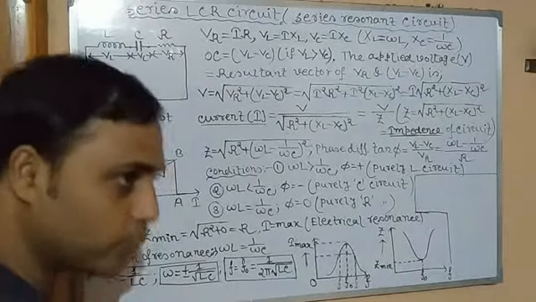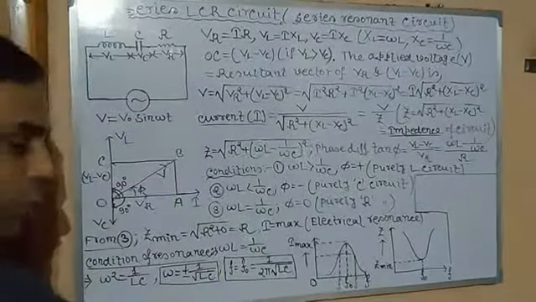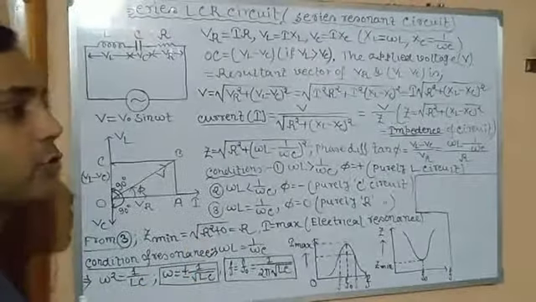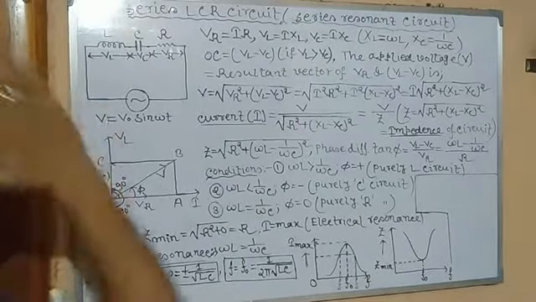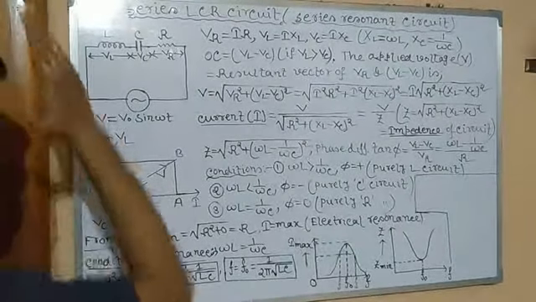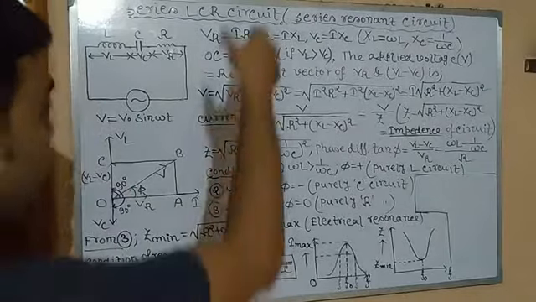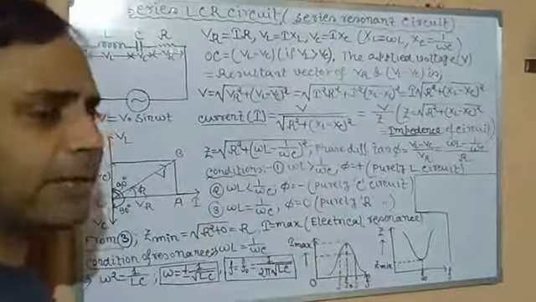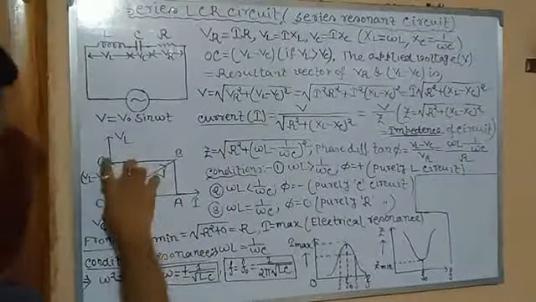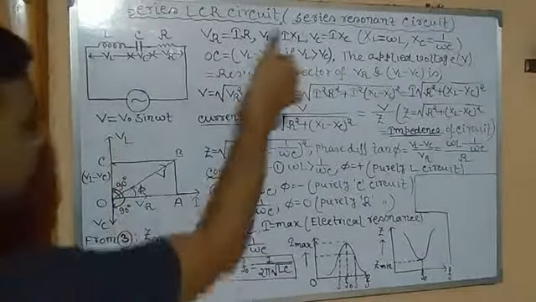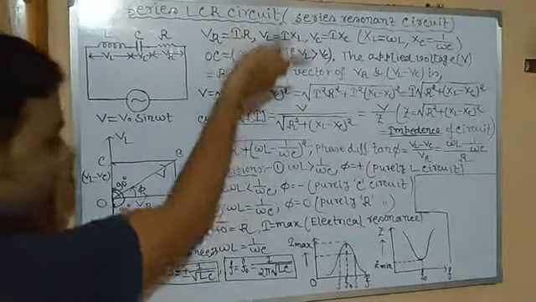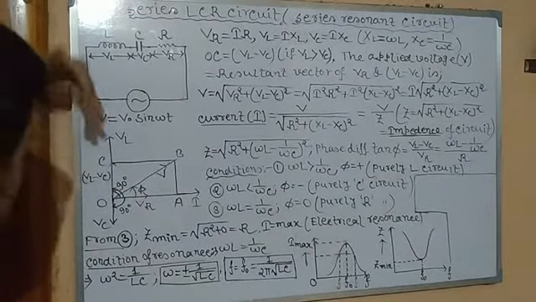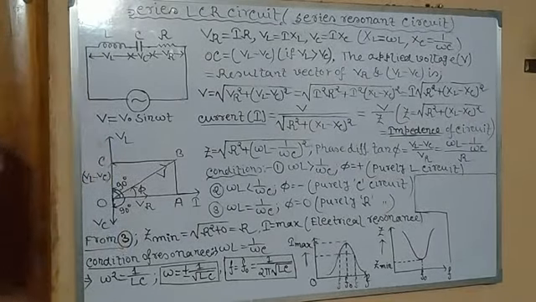Just like a lift moving in the upward direction: weight acts in the downward direction, reaction force in the upward direction. Resultantly, the lift is moving upward, so the net force acts upward, that is R minus mg. Very clear. So VL minus VC acts in this direction. If VL is less than VC, or VC is greater than VL, no problem. In that case it will be VC minus VL, and it will be in the downward direction. Clear?